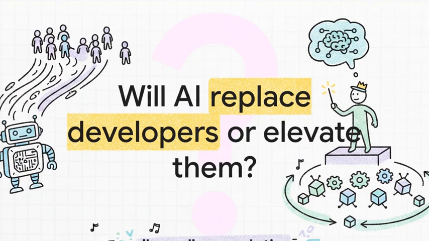Which brings us to our final question for you to ponder today as we wrap up these slides. Will AI ultimately replace developers or simply elevate them? We might very well be looking at a future where a traditional 10-person development team becomes a single, highly skilled autonomous engineer, someone whose sole job is directing, orchestrating, and validating an entire crew of AI agents. The vibe coding revolution is absolutely here, and it is entirely up to us how we direct the show.